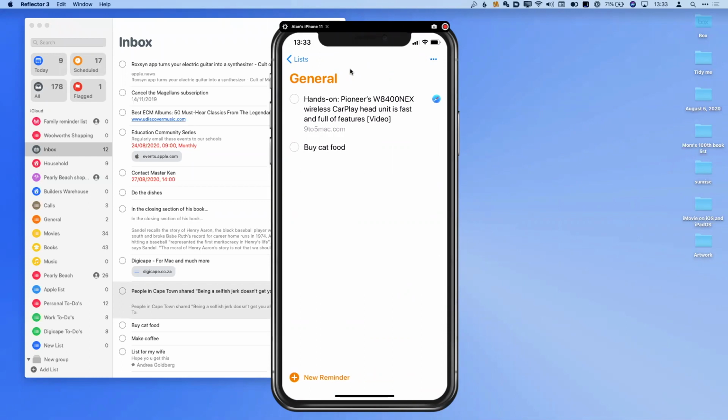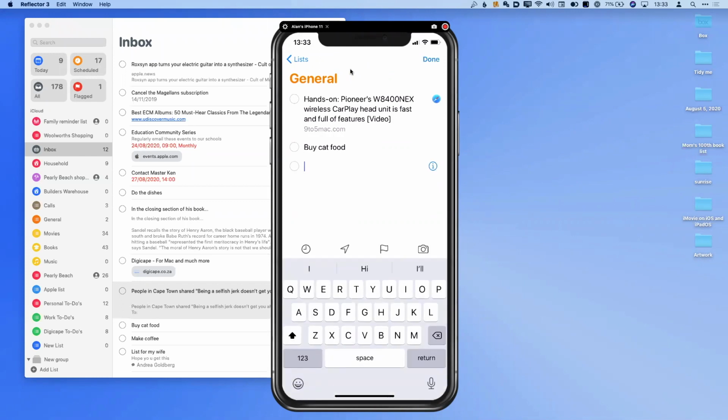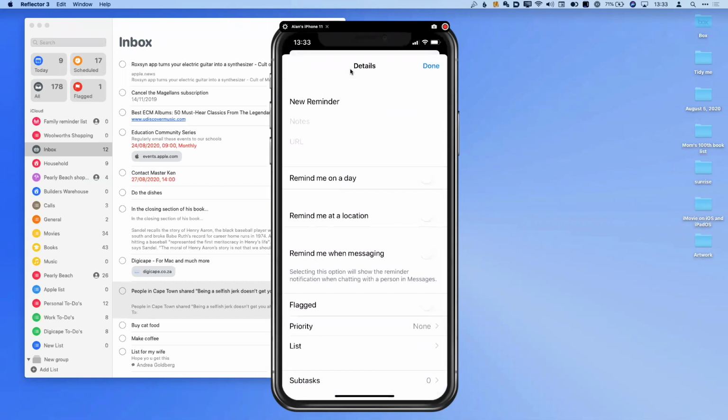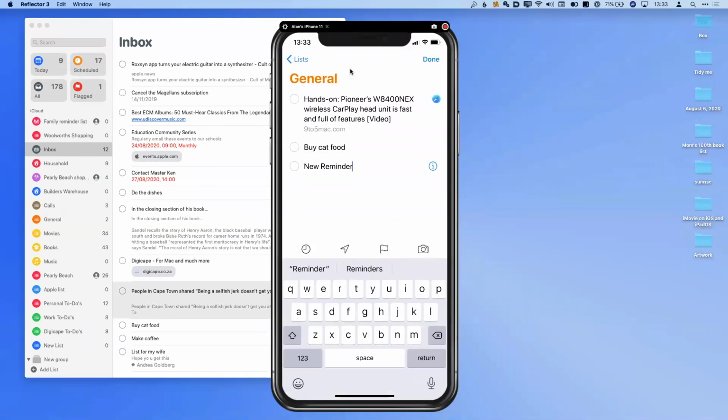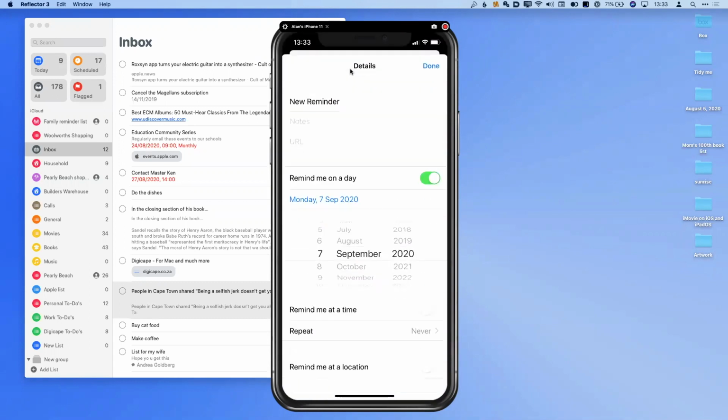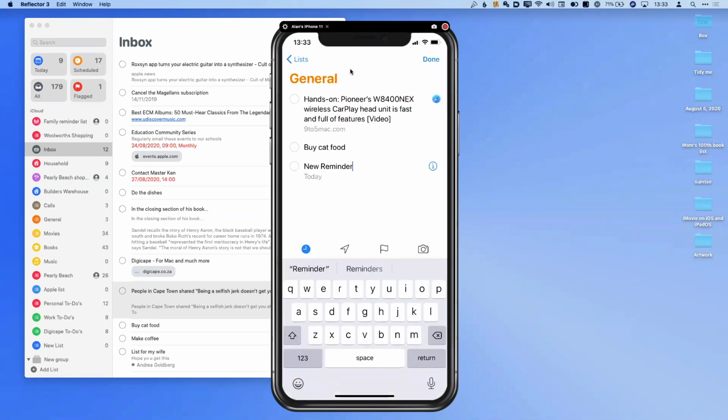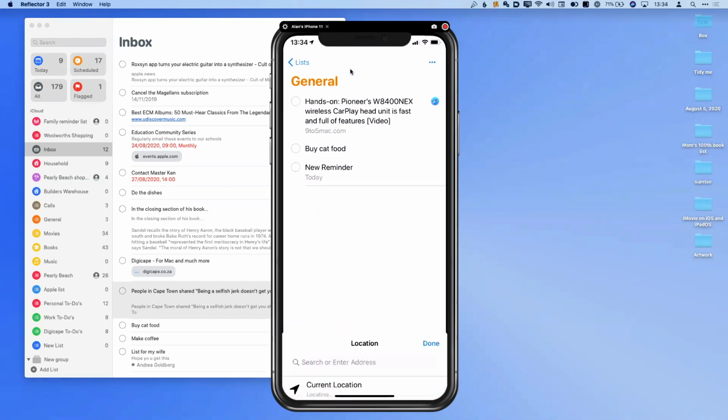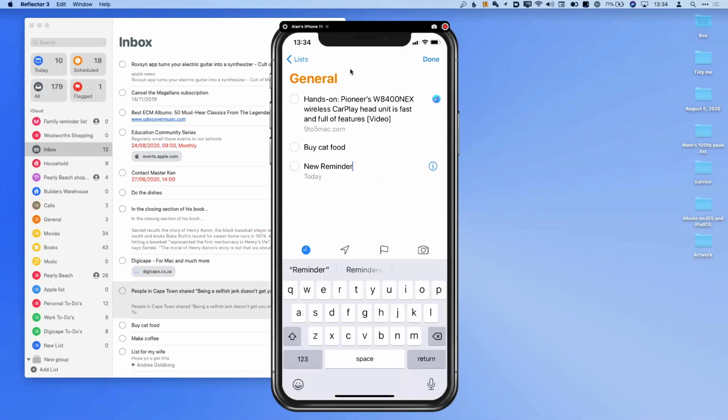What's nice about this, if I tap new reminder, I can tap on the sidebar over here, and I've got all of those activities with notes, URL, remind me on a day, remind me at a location, remind me when messaging, but I've also got these little shortcuts. If you see at the bottom, I tap on the clock, I can get today, tomorrow, this weekend, or the same custom options, right? I can tap on the location when I'm arriving home, when I'm getting into the car, or once again, a custom location. Then we've also got a